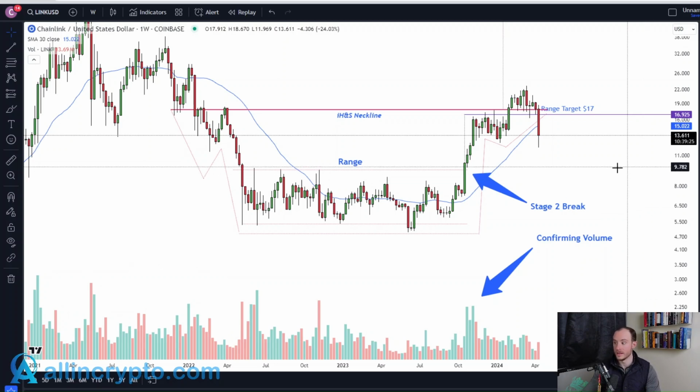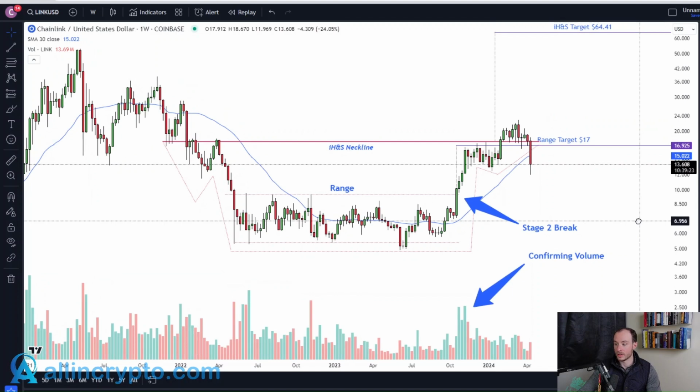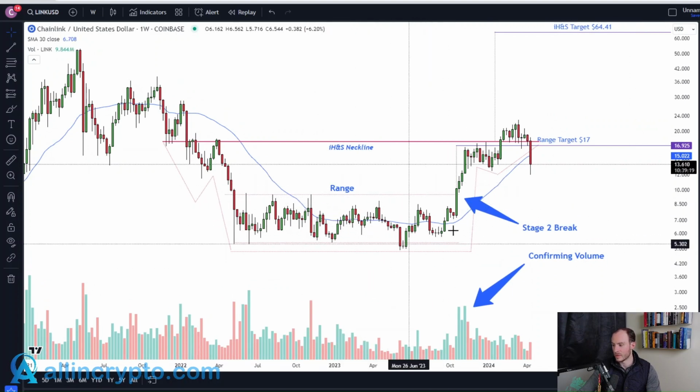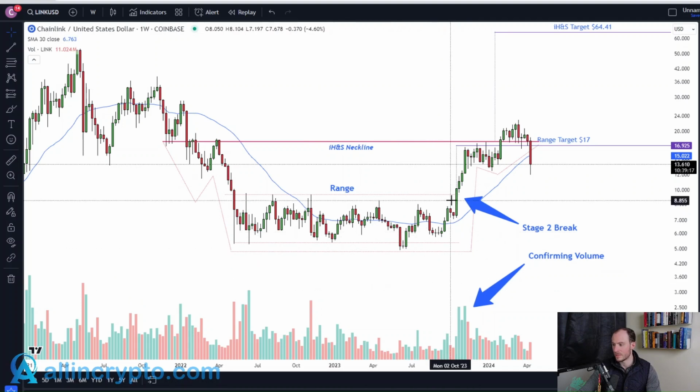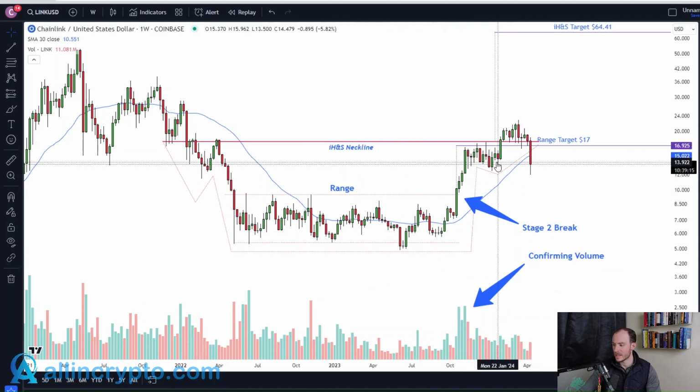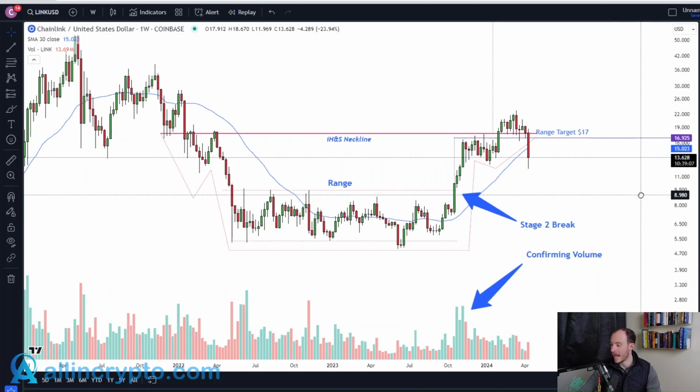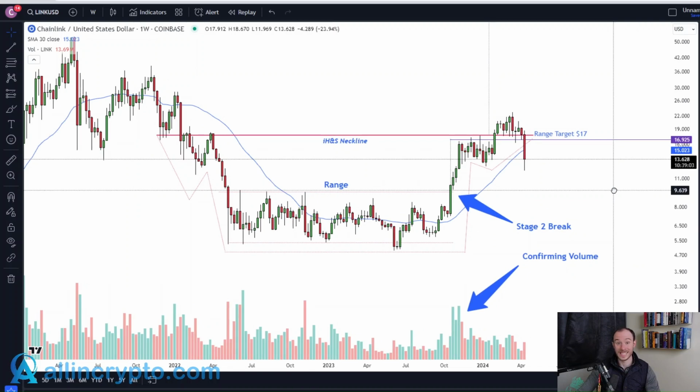that we still believe we are in. So we had identified an inverse head and shoulders here for Link. You can see we do have the range. Again, this is where we were doing the majority of our accumulation. The break of that range is on volume. With this inverse head and shoulders, you actually didn't get that much volume on the break, but albeit it was very much respecting, we did expect it to bounce off here. It went the other way due to headwinds in regards to the broader markets and the geopolitical landscape, which of course we've seen over the weekend.